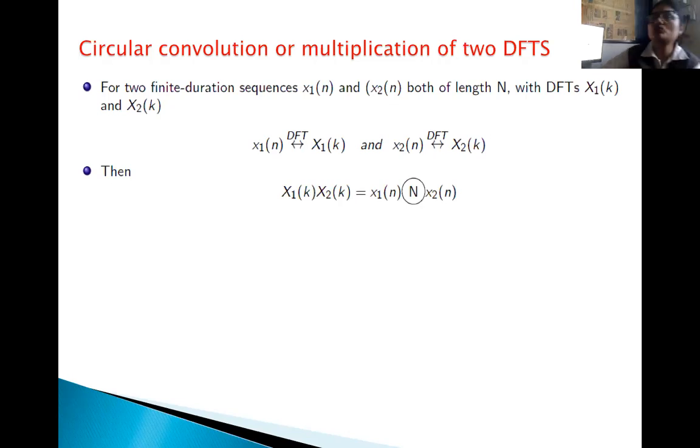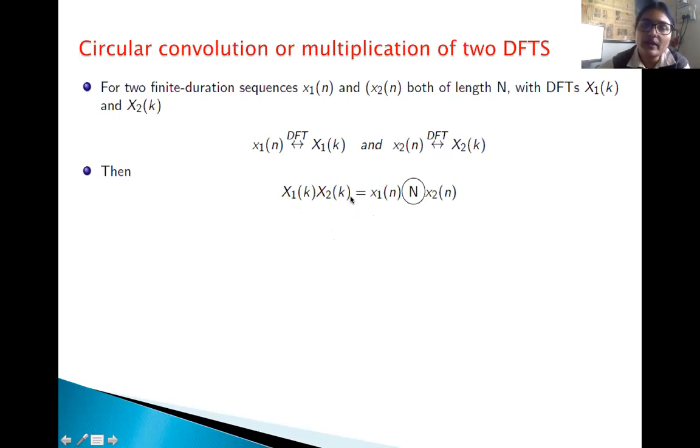Okay, so these two sequences, now when we calculate the DFT and take the multiplication of two DFTs, it is going to be similar to the circular convolution of two sequences in the time domain. So x1 of n gets circularly convolved with x2 of n, and this is equivalent to multiplication of two DFTs in the frequency domain, right? The property which we have written as a statement, its corresponding mathematical form is written at this point.